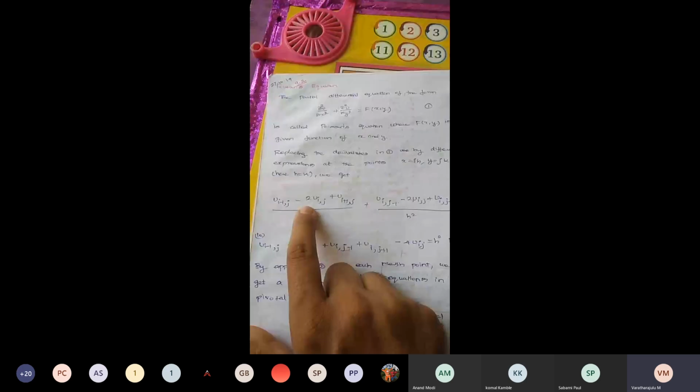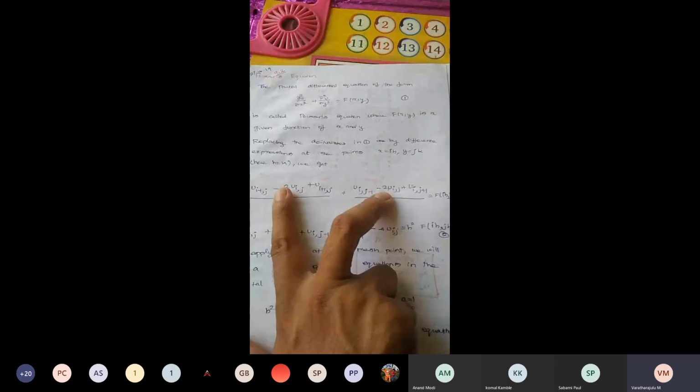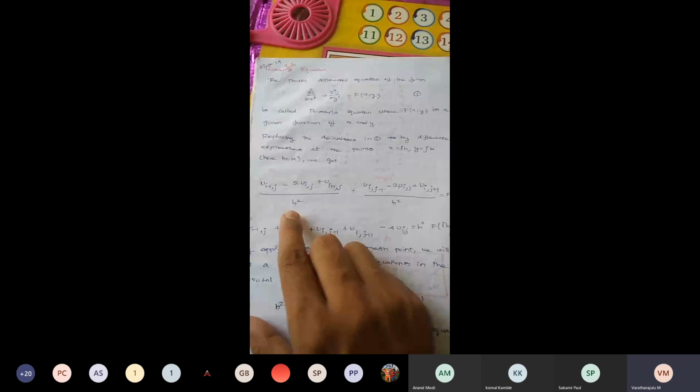In RHS we have 0 in Laplace. Therefore, here h square and h square become 0 on the RHS by multiplying with 0. And here minus 2 uij, here also we have minus 2 uij. Both will come on the RHS, so we will get 4 uij. That 4 comes to this side for the division, that is 1/4 of the various 4 boundaries that we have